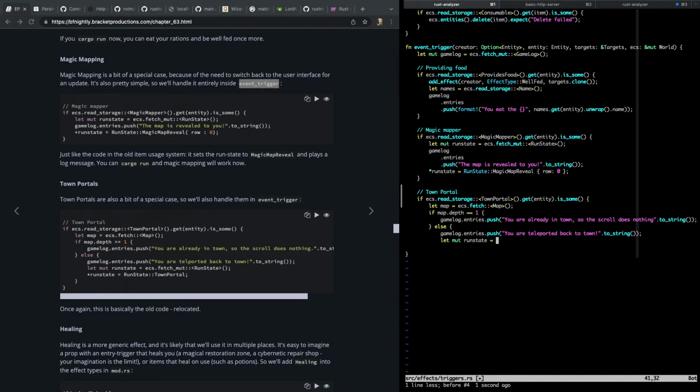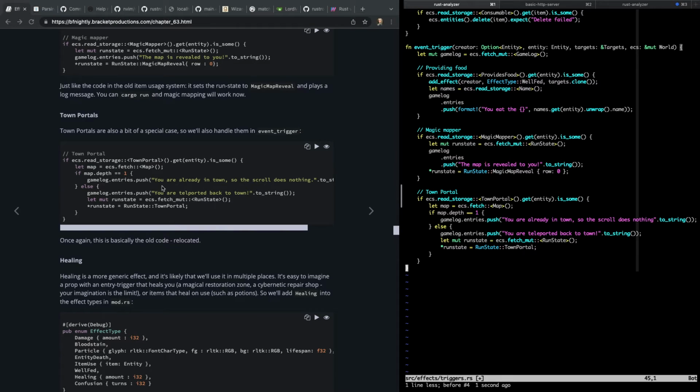Run state. Okay, yeah, so that's going to bug me now because it's still going to get consumed, whereas before it would not, right? If we look at